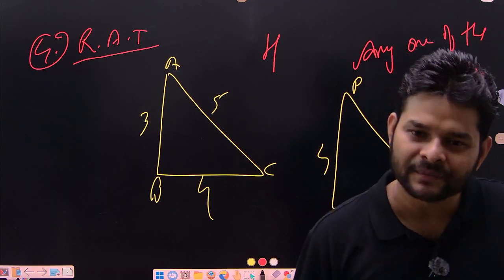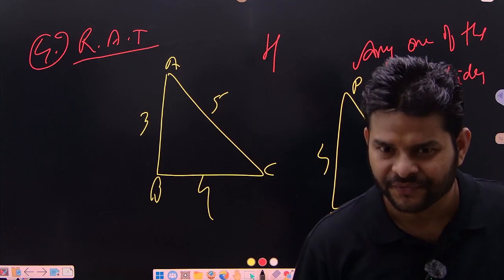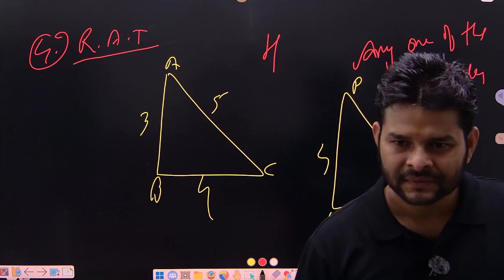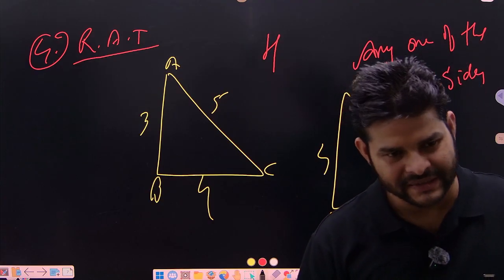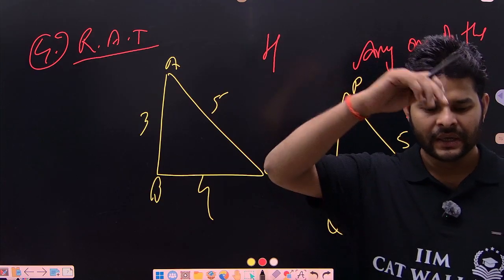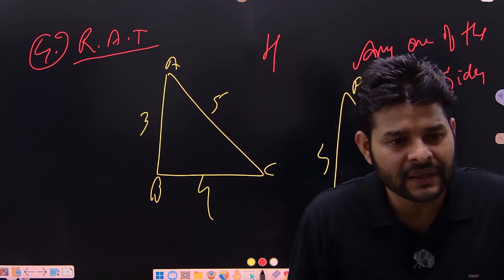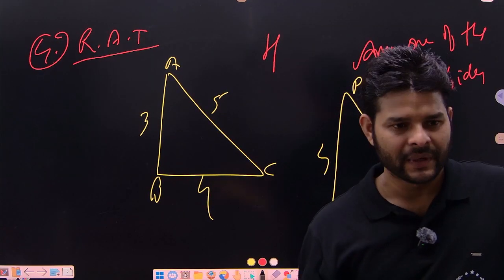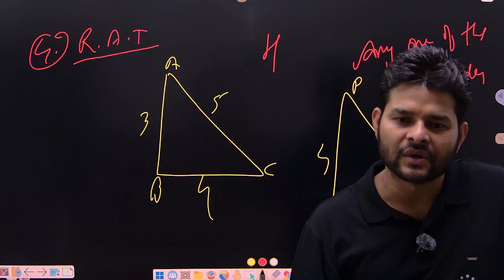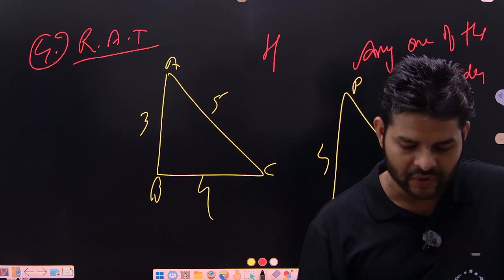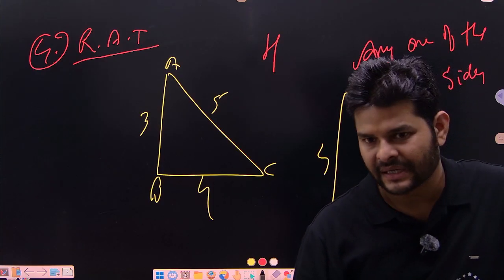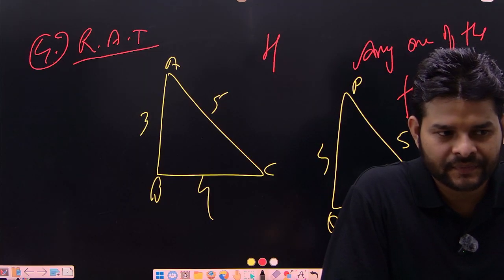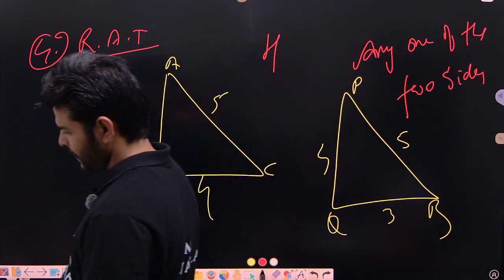So this is the fourth axiom. If the hypotenuse and any one of the two sides are equal, then it is proven that the right angle triangles must be congruent. These are four properties that you have to apply, and we will sort out problems based on congruency. Today we are going to cover congruency, incircle radius and circumcircle radius. Three topics we are going to cover in today's class. Got it? So make the heading.